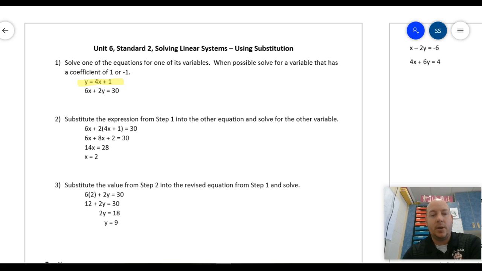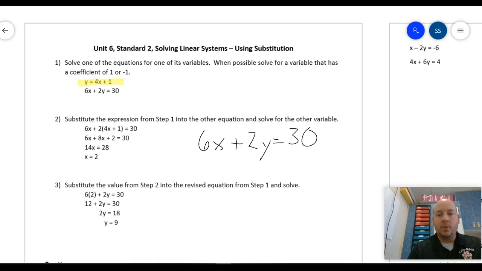Step 2 then is to substitute the expression from step 1 into the other equation and solve for the other variable. So we know what y is equal to, and in math, when two things are equal to each other, we can substitute them for each other. Notice that in our example, we took our 6x plus 2y equals 30, and we essentially removed the y,